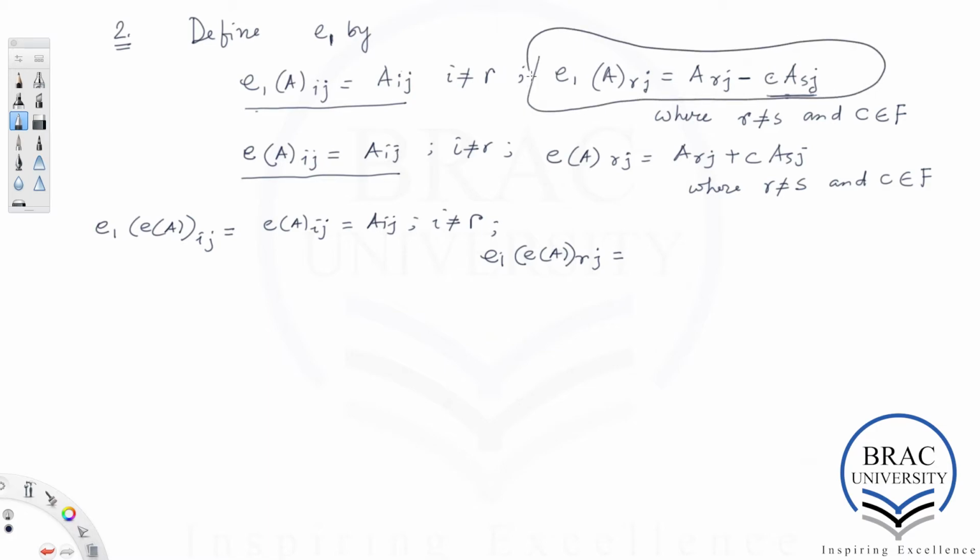So we're just replacing A with E of A. Everything here should be replaced with E of A. So it's going to read E of Arj minus c times E of Asj